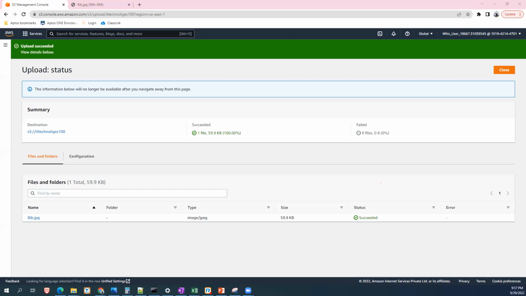Now, is a bucket a storage device, or what is it? It's not a physical device, it's a logical device. So logically, it's not on the server? No, it is on the server. It will allocate some memory for you. For us, it is logical, a place assigned for you. When you sign up and create an S3 bucket, they allocate some memory for you, like computer memory, online memory. Everything is mapped back to a physical device, but that is not our headache. AWS will take care of it.